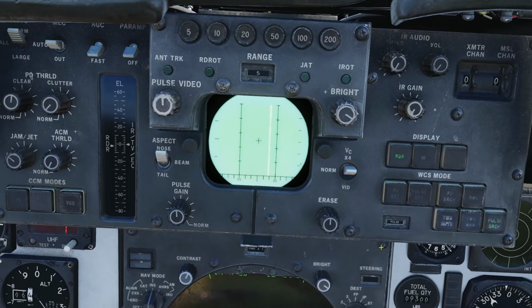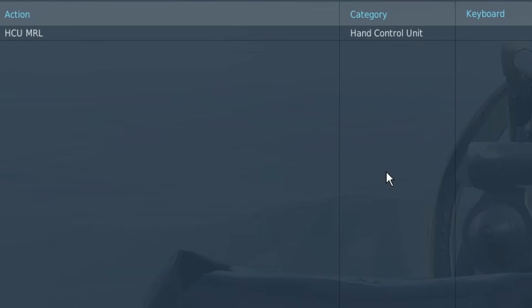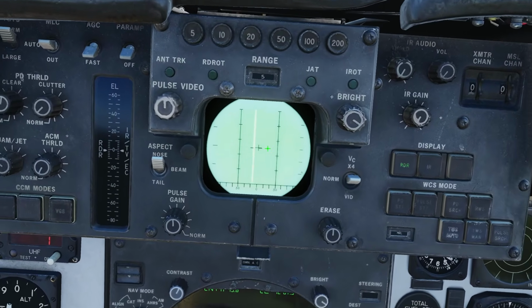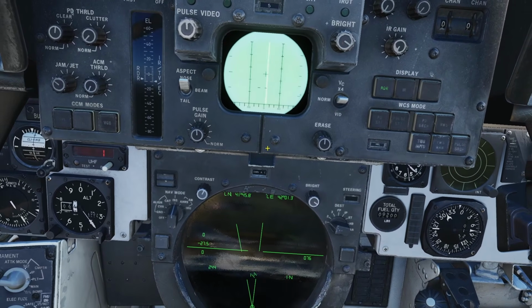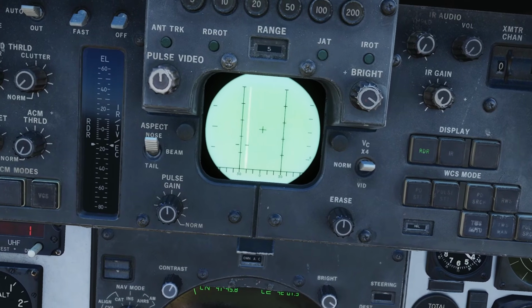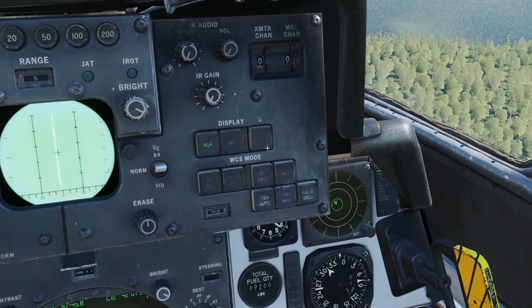The last one to go over is MRL. MRL is only available for the Rio, and you have to have this button bound. If you press the MRL button, then you can see the scan right here, and you can control it with your stick. When you find a target, you can press full action to lock it. If you want to exit MRL mode, you can either press half action, or you can just press one of